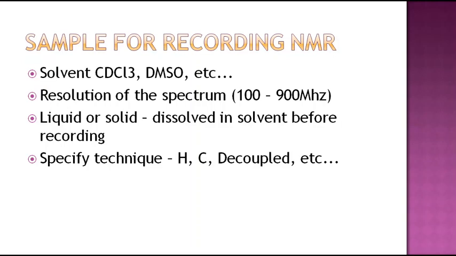The instrument that records proton cannot record C13. Some arrangement change has to be made in order to record C13, because the proton and C13 will not come into resonance at the same time, and therefore they do not disturb each other. Therefore, you need a different instrument for them, or if you are using the same instrument, you have to make some arrangement to record C13 NMR. All these things you may have to specify in order to record an NMR spectrum.